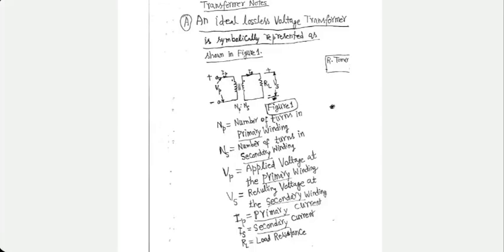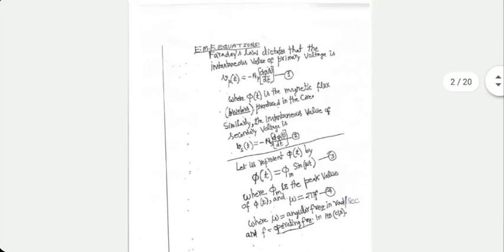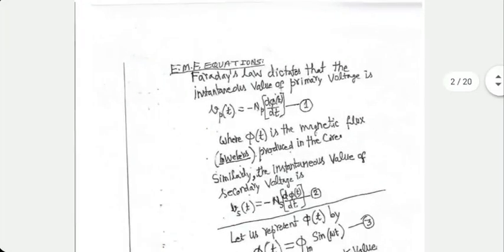Okay. Now, once we have reduced the functionality to this circuit, we want to make it more and more realistic so that whatever we calculate is going to be close enough to reality. That is called an equivalent circuit, which we are going to talk about soon. But there's a lot more that we should be talking about first. For instance, how much EMF will be generated in the primary winding and in the secondary winding?